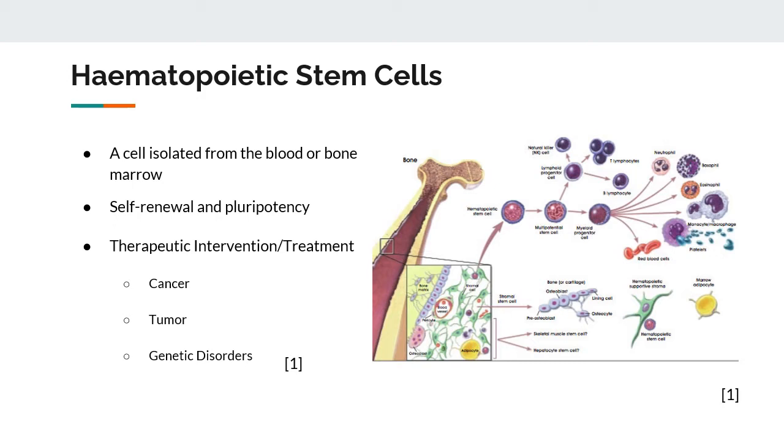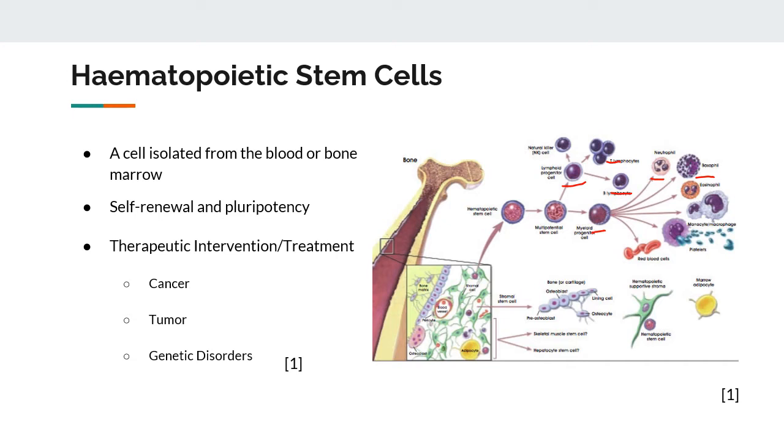As you can see in this image that I have here, you can see all the possibilities that the HSC can differentiate to. So one such example is the lymphoid progenitor cell that leads to the T cell or B cell. It can also differentiate into the myeloid progenitor cell here and can continue to neutrophil or basophil and continuing